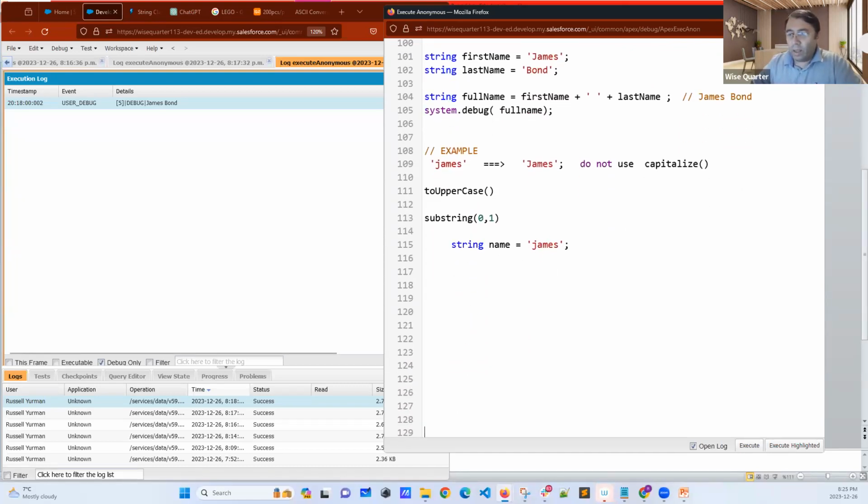Okay. Now, what I need is to get the first part, the first letter. How can I do this? I have the substring approach. Now, let's go like this. String first letter, the first letter of string. I will say name